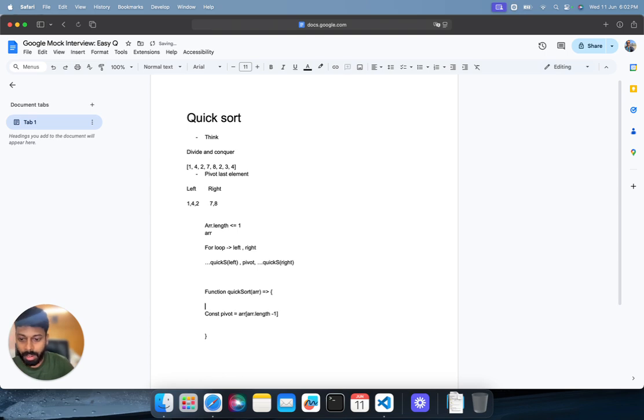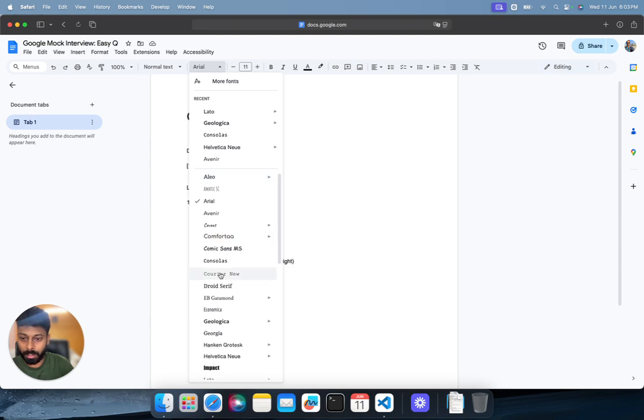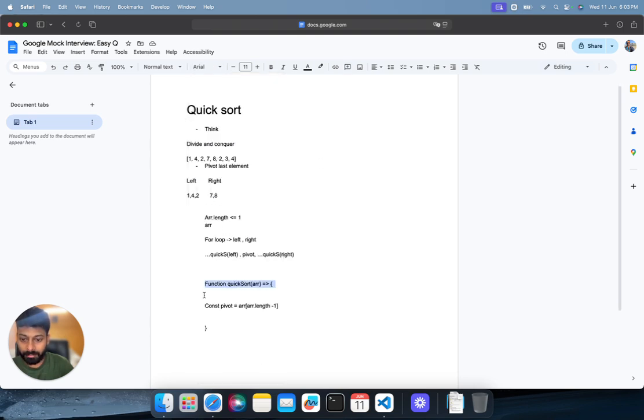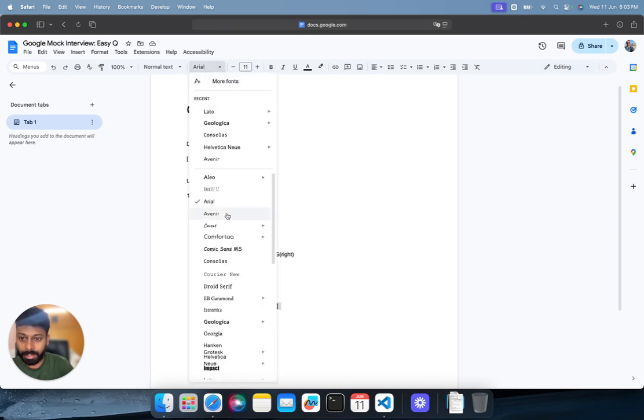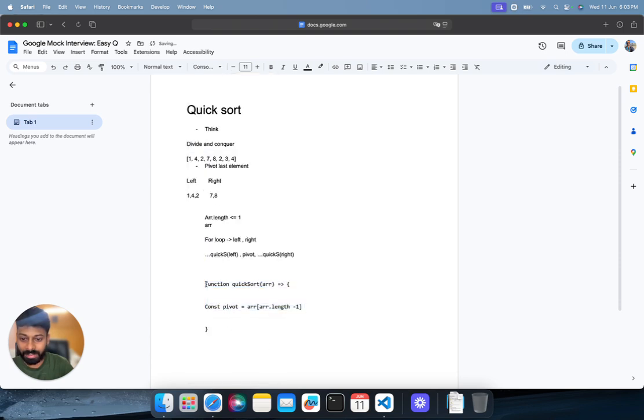So yeah, and one more thing we can do is, we know that this kind of thing does not get formatted well, or we do not get those indents here. But one thing I usually do, and the introvert gets happy, is that we use Consolas here, which is like the coding font. So yeah, this looks good. And whenever I try to write some kind of comment, I use this color. So this is like a comment. And I mean these are the small things where you can make them feel happy about, yeah, we are using something,